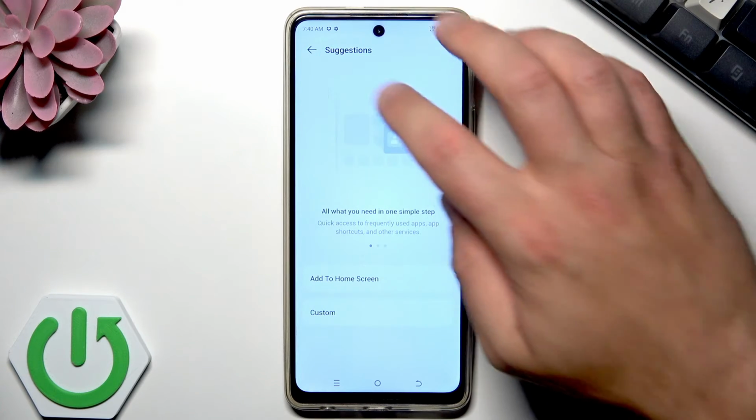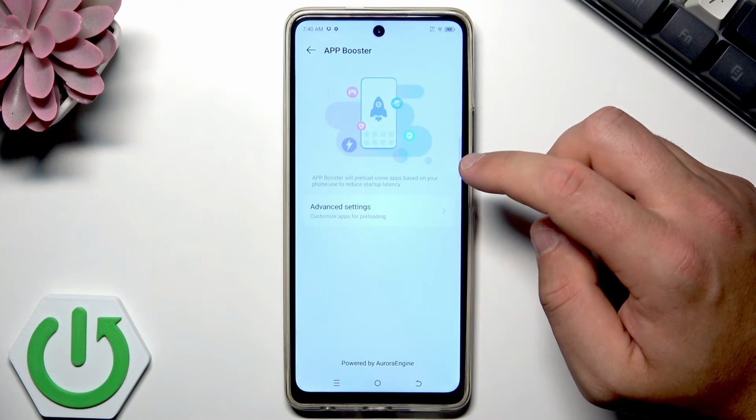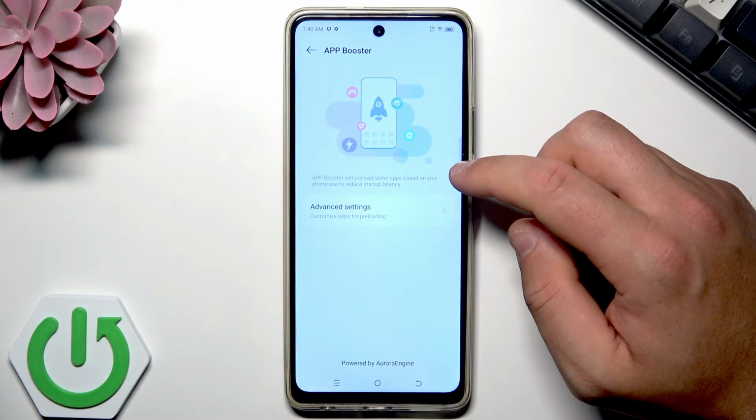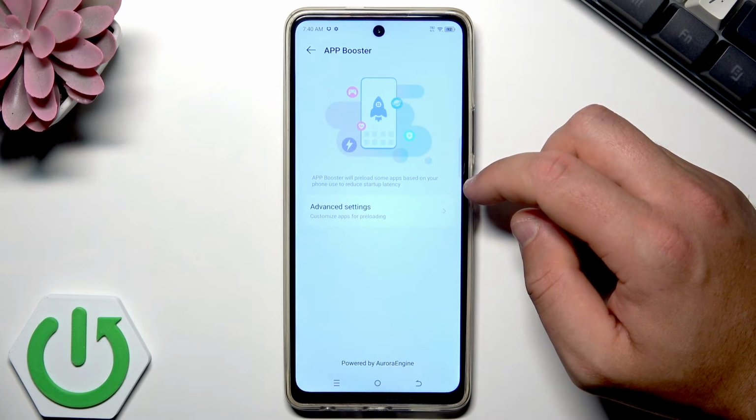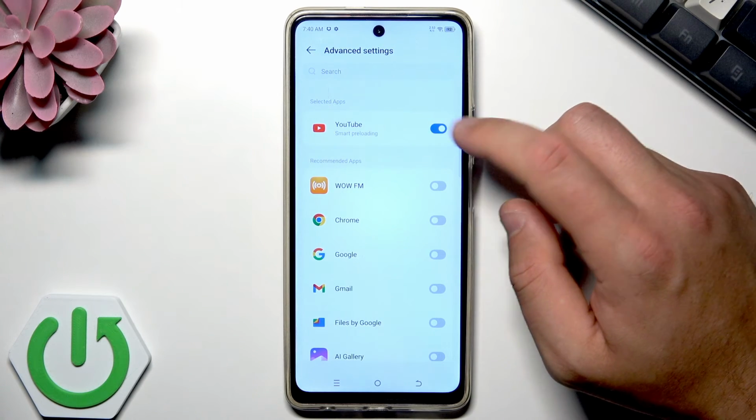Let's go back. Besides suggestions, you can also choose the app booster. So it's really useful because app booster will preload some apps based on your phone use to reduce the startup latency. So tap advanced settings, and in my case I